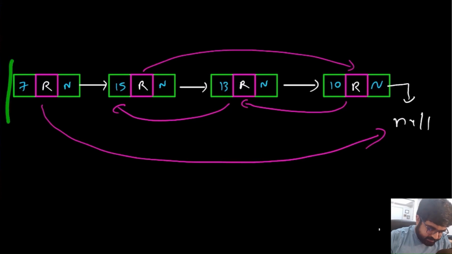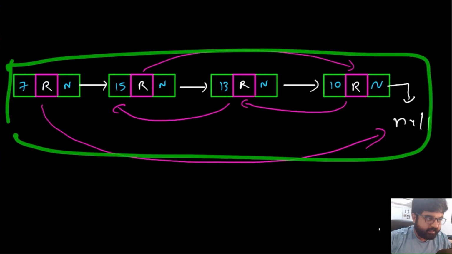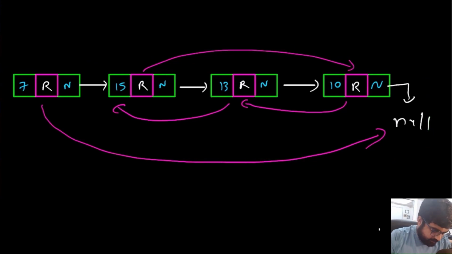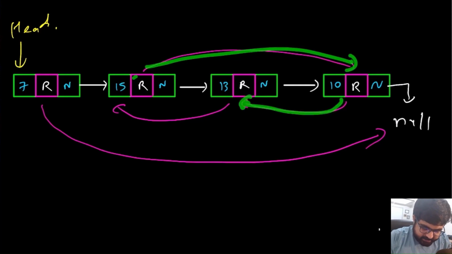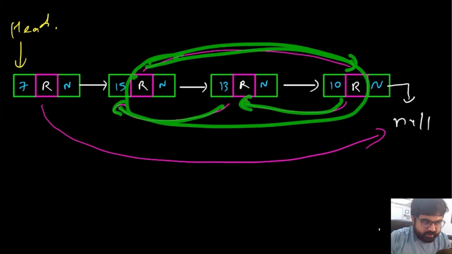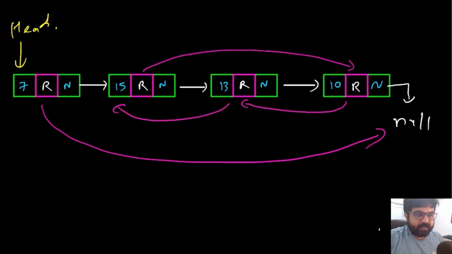Okay, so say for an example, this is one of the inputs that we are given, and we are trying to convert this and create a deep copy of this. Basically, we are given this as the head node, right? And now we need to iterate over this one. But in this case, if you see, there is a cycle present amongst these random nodes. So this is a cycle, and if we don't take care of it, we will actually keep on ending up in an infinite loop. Now, in order to detect any cycles, we actually have a great way